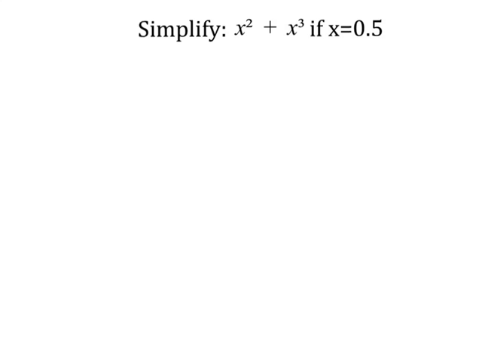Problem number 2 gets a little bit trickier because not only are we solving exponents, but we also have decimals and substitution. So the first thing that we need to do, because we have variables, is we need to substitute for our variables. So we know that x equals 5/10. So everywhere I see the x, which is both here and here, I'm going to substitute 5/10. So if I rewrite it, I'll have 5/10